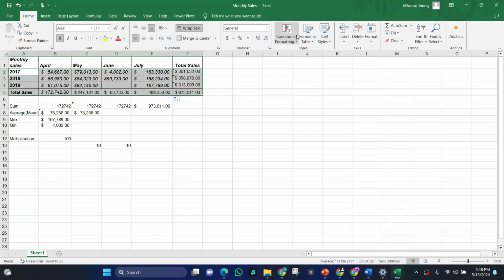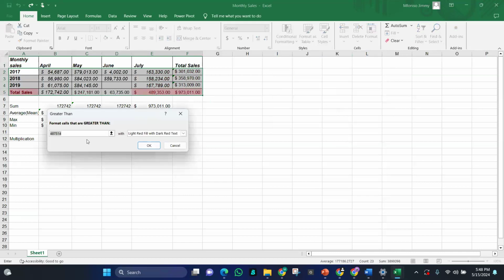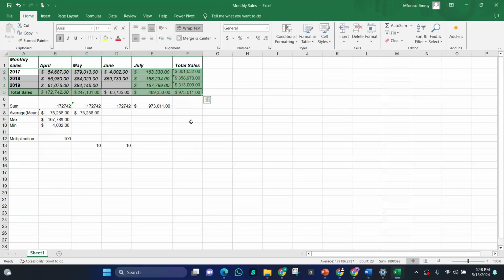Let me pick only these values. Green fill with this, and I say okay. What did you notice? I formatted these things based on colors.